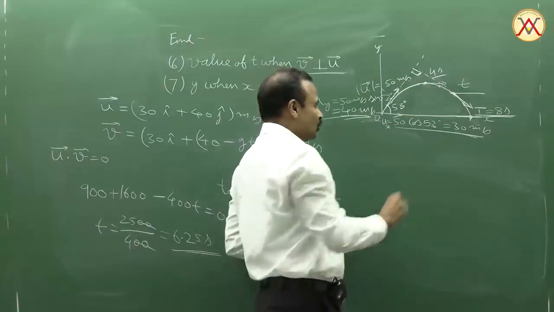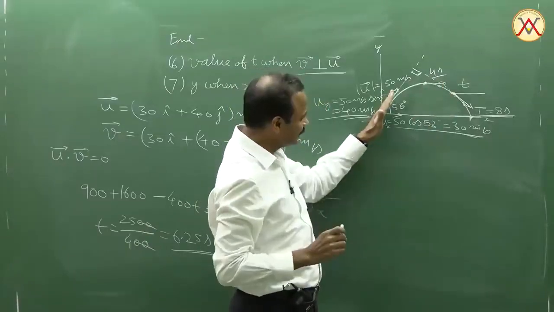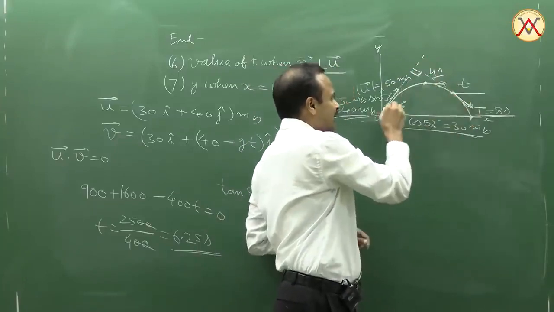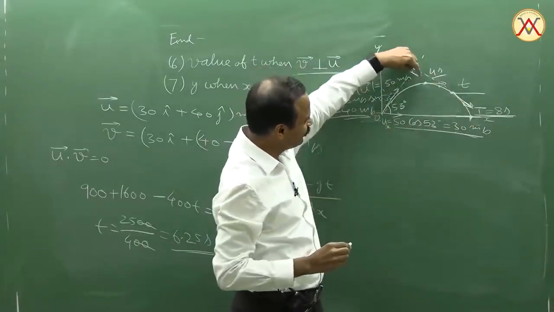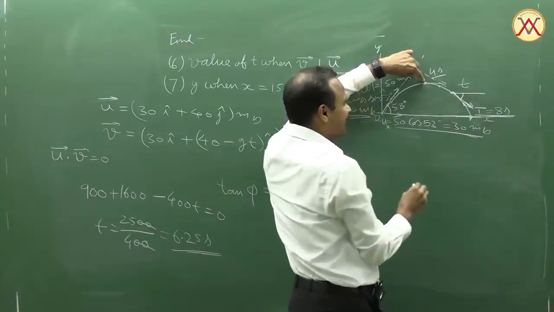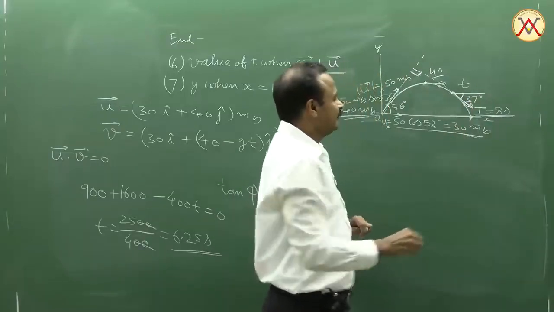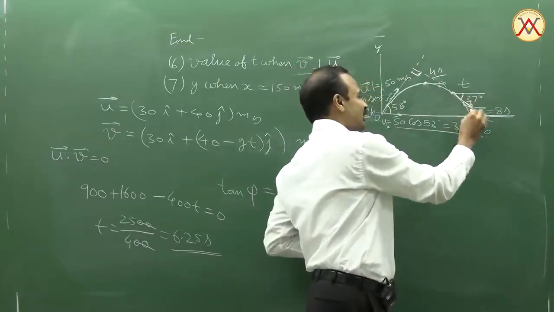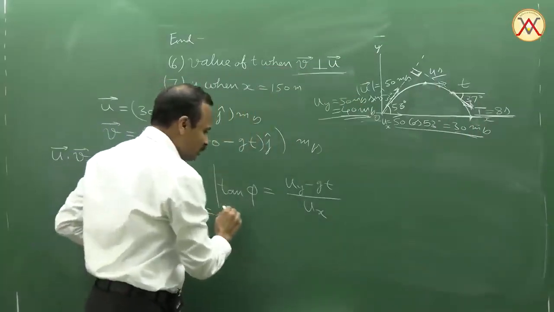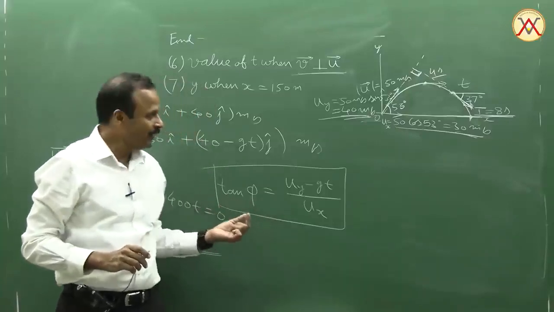Alright. So how much does it have to turn more? We want the total turn to be 90 degrees. We want the angle between this v vector and u vector to be 90 degrees. It has turned by 53 degrees till here. So if it turns further by 90 minus 53, that means 37 degrees, we can see that it will be perpendicular to the initial velocity.